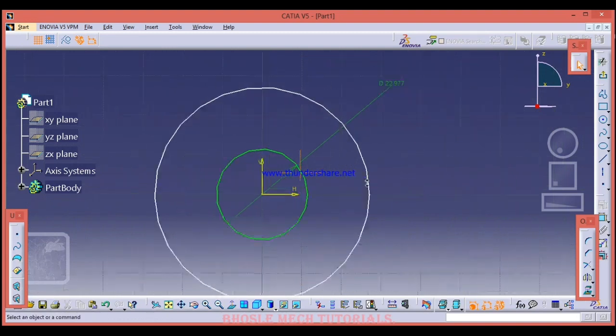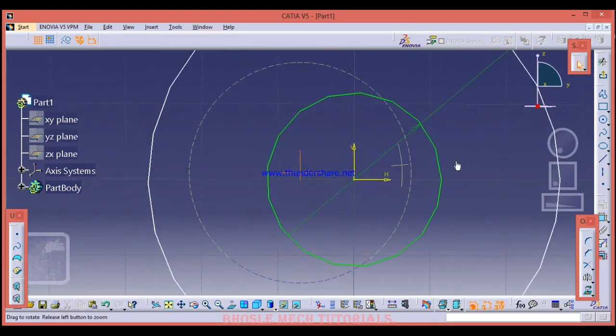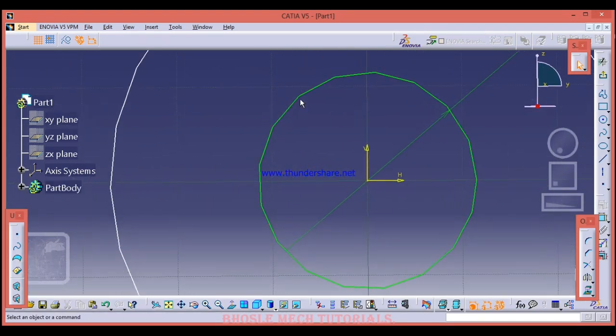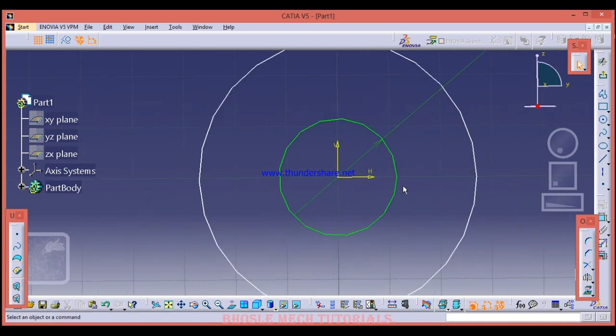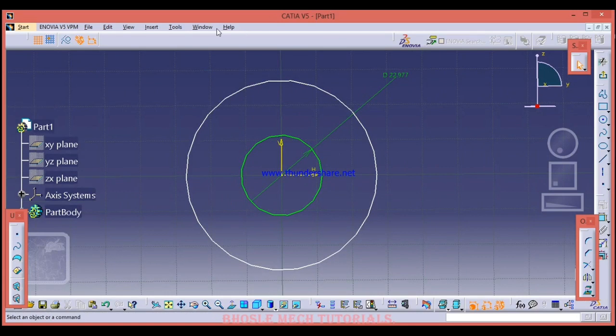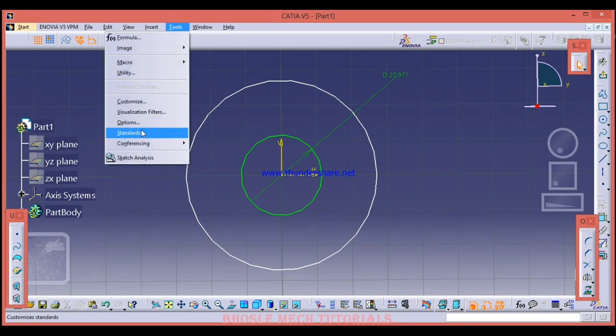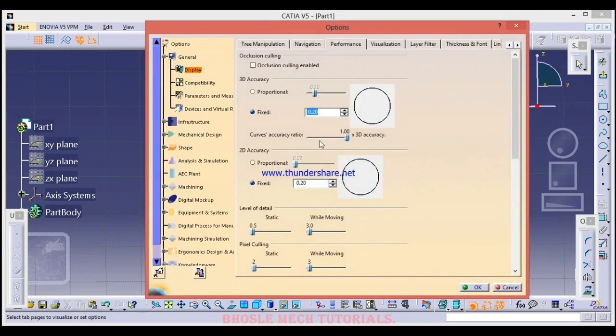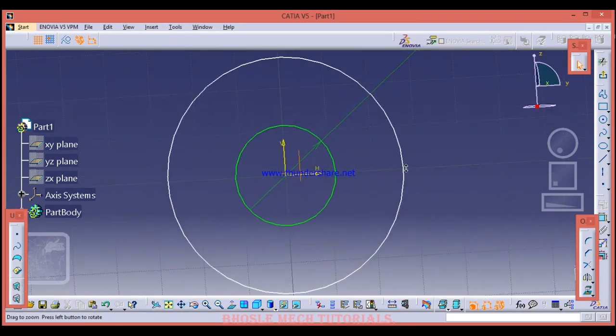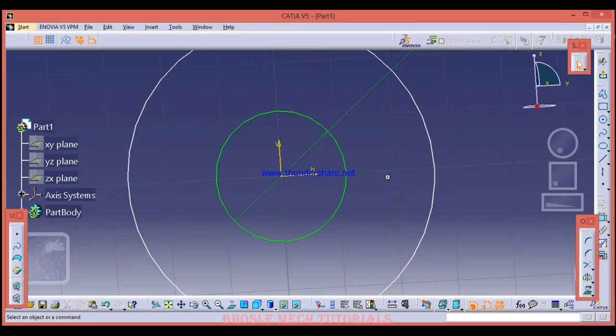If I increase to 0.2, see here, as I go on zooming, you can see lines in this circle. If I reduce to 0.1, see here, now you will get somewhat of a circle.